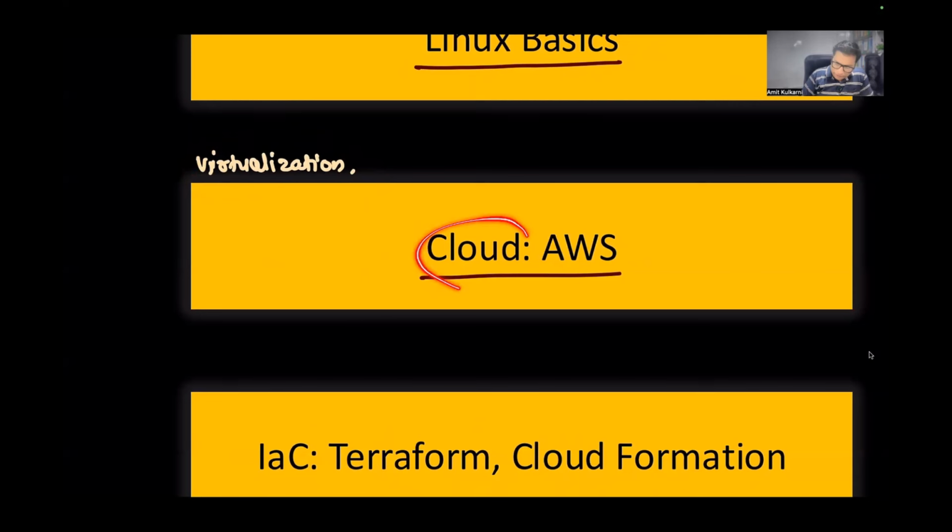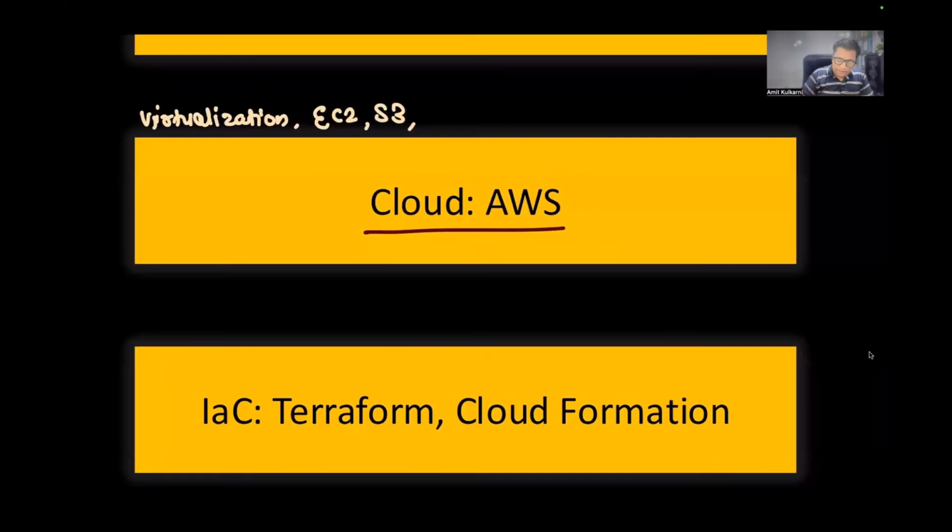So here in the cloud, we'll be talking about a prerequisite called virtualization. Without this, you cannot look at the cloud. And then we'll start talking about AWS. Like, what do you mean by AWS provider, or what different services it provides? And out of that, we'll be talking about EC2, Elastic Compute Cloud, it is called. S3, Simple Storage Service, it's called, used for storing the data in terms of buckets, or object storage as it is known. We'll be talking about VPC, very basic and very important service.